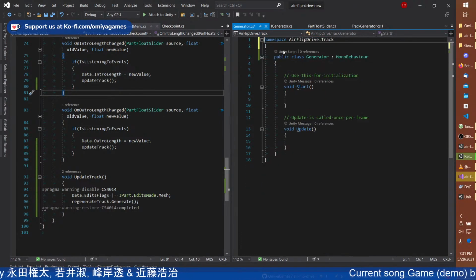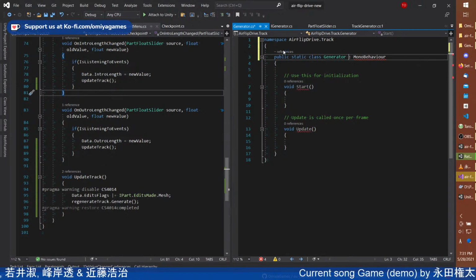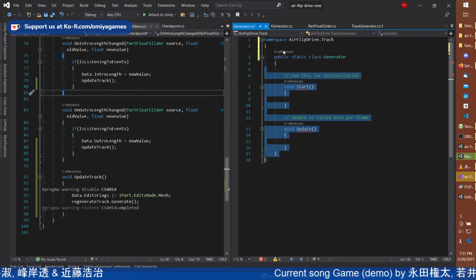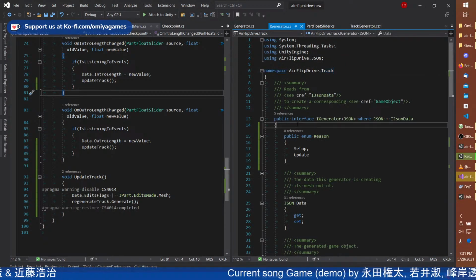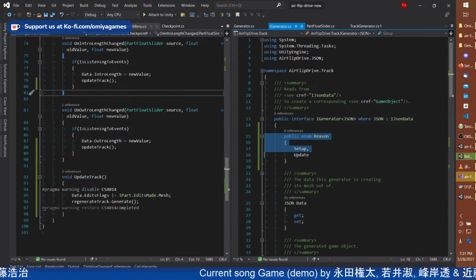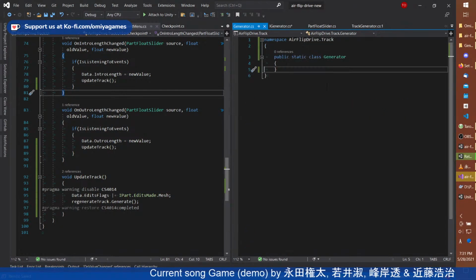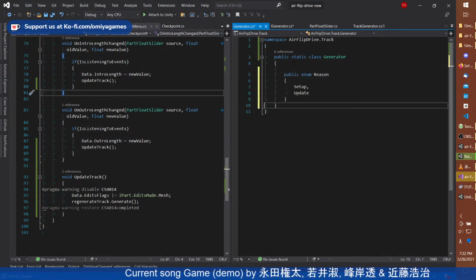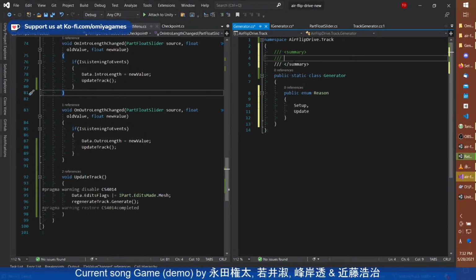And I'm probably not going to need any of these. Make this a static class. Contains